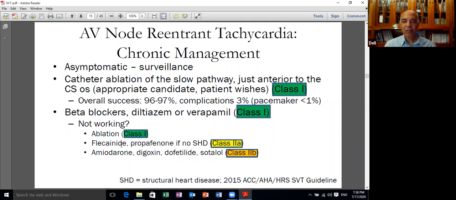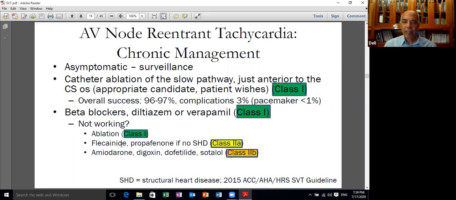Unfortunately, we don't have the blackboard we are accustomed to during the hospital classes. But imagine the triangle of Koch. Koch's triangle is located on the right side of the atria and the right side of the atrial septum. The base is the coronary sinus. The apex is the AV node itself. The lower side of the triangle is the base of the septal leaflet of the tricuspid valve, and the upper side of the triangle is the tendon of Todaro. The tendon of Todaro corresponds to the bulge of the aortic sinuses into the right atrium.